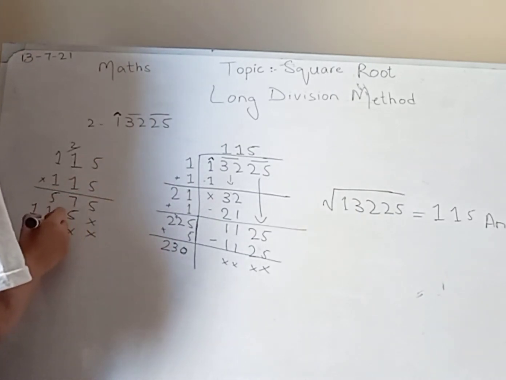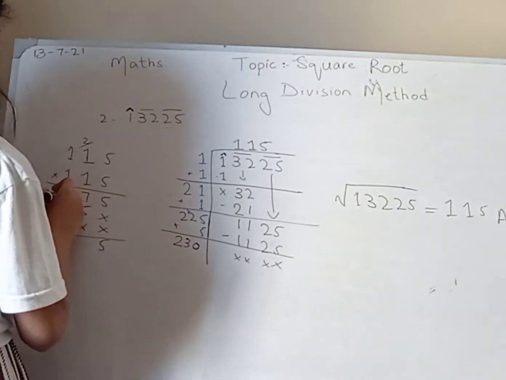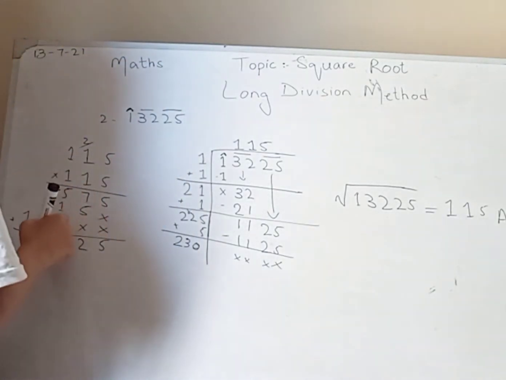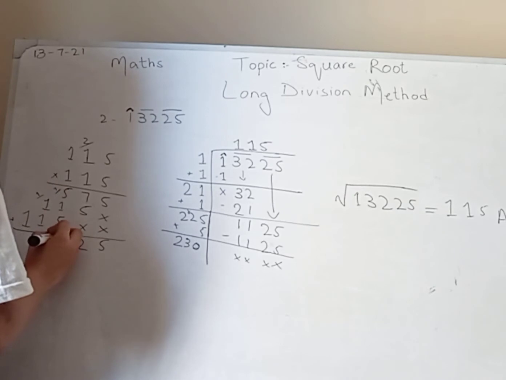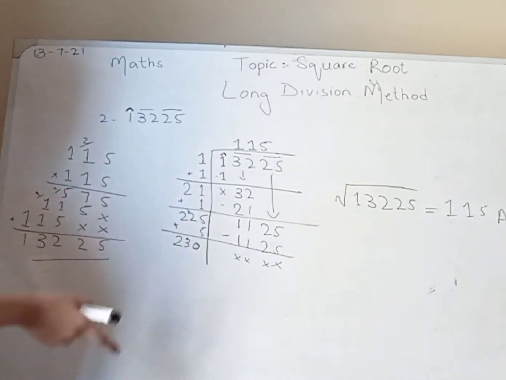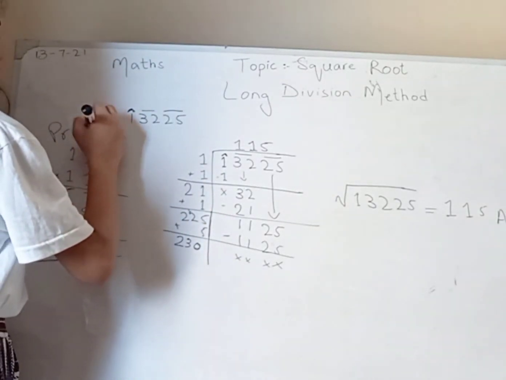Times 5 is 5. Times 1 is 1. 1 times 1 is 1. 5, 12. 5 is 5, 10, 11, 12. 3 and 1. Correct. We have proved